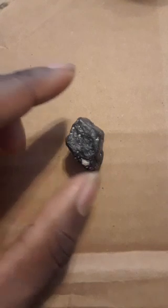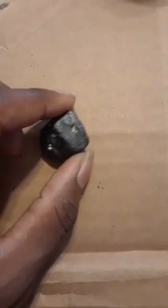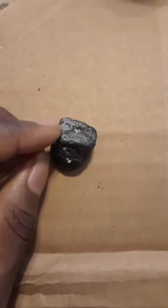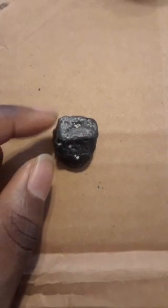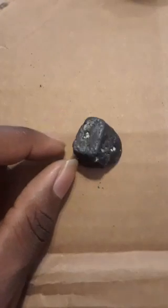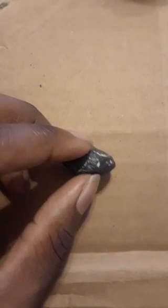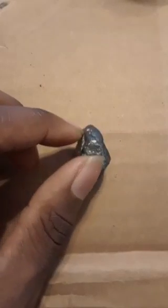Because man-made magnets have polarity to them. They have a north pole and a south pole. In other words, they can attract and they can repel. And that's just part of our dual nature as human beings. Everything we make has a good and a bad side to it. But these natural magnets, these lodestones, do not repel. They only attract. So they're very good for money